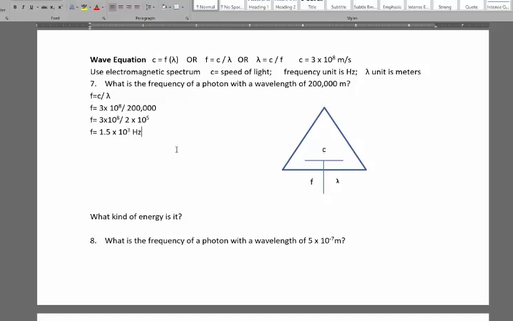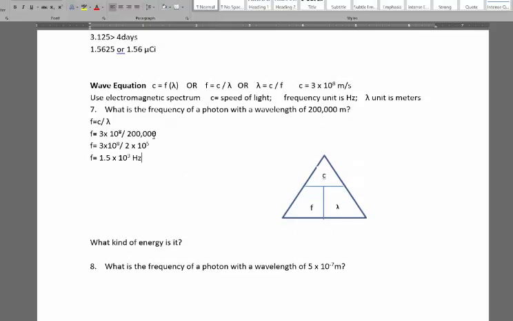If you want, you can also answer as 1,500, because that is 1.5 times 10 to the 3rd taken out of scientific notation. Now it's asking what kind of energy it is. If you look at your electromagnetic spectrum chart from your presentation,